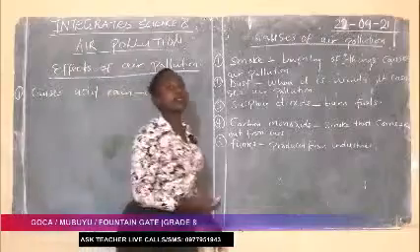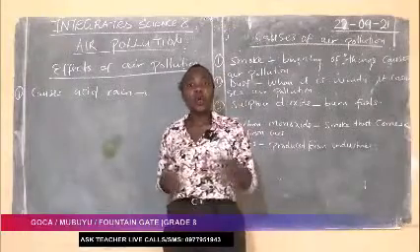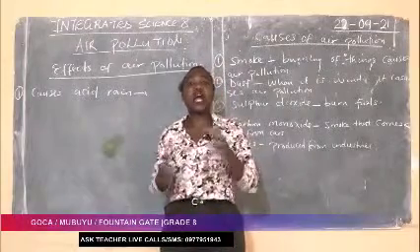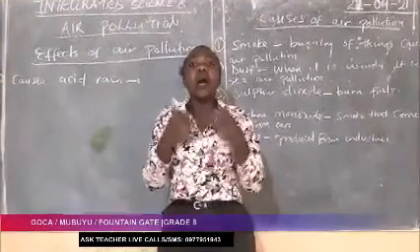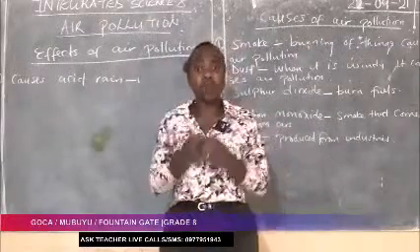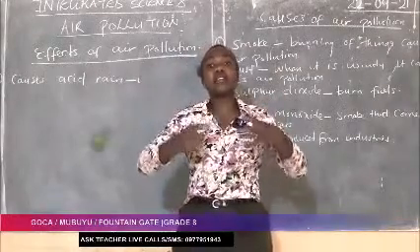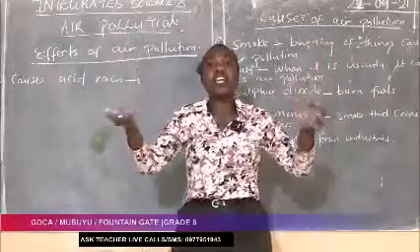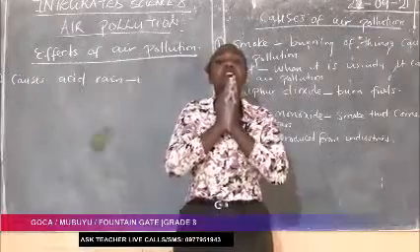Okay, so how is this acid rain caused? When sulfur dioxide has been released into the atmosphere, it reacts with water. The moment it reacts with water, it causes what? Acid rain. And we've said sulfur dioxide comes from burning of fuel. So the moment you burn fuel, sulfur dioxide is what? Released. And when sulfur dioxide is released, it goes into the atmosphere. After it goes into the atmosphere, it reacts with water. The moment it reacts with water, what has happened? Acid rain has been formed.